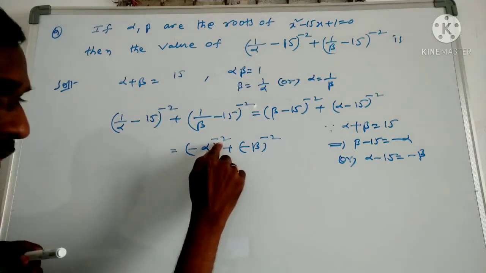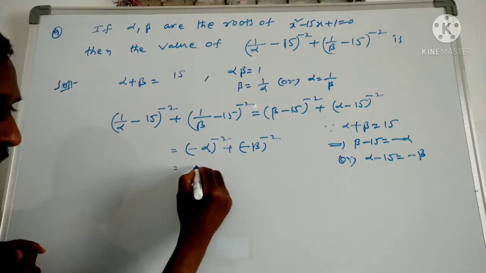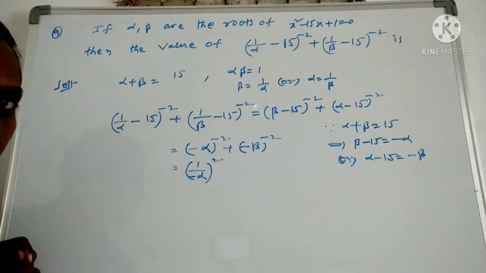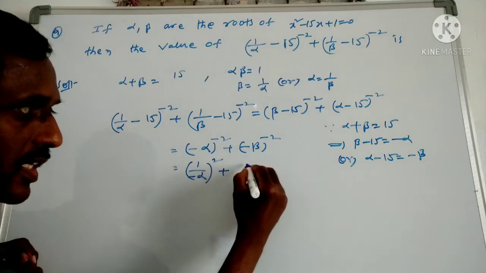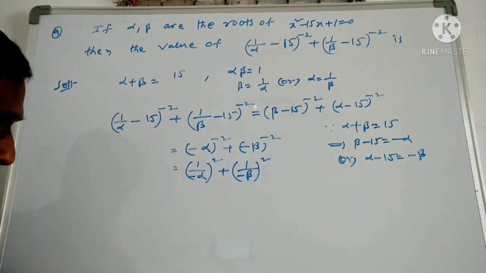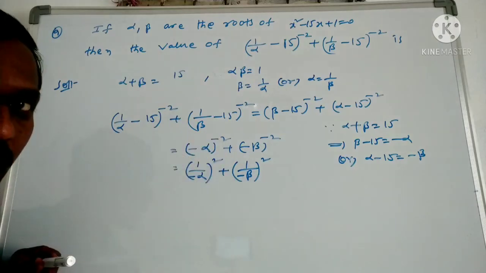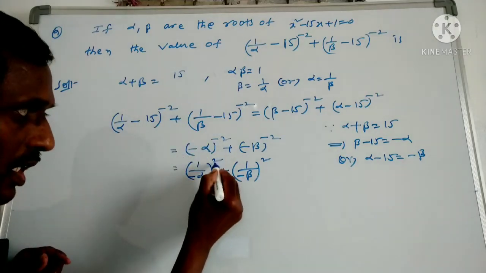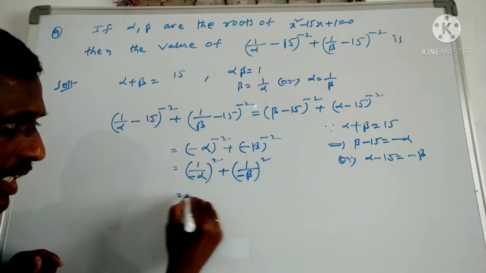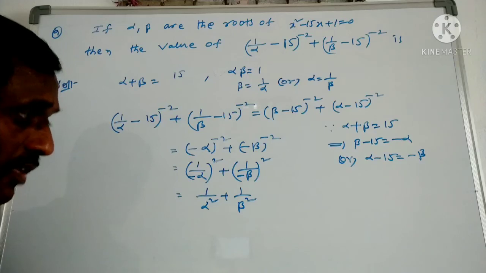So to make a positive power, you have to write this as a reciprocal. So this we can write as 1 by minus alpha to the power of plus 2. Similarly, this also we can write 1 by minus beta to the power 2. So whenever the power is negative, you write the reciprocal of this, then the power becomes positive. Now, here the power is even. Minus to an even power becomes plus sign only. Here also the same. So we can write it as 1 by alpha square plus 1 by beta square. We can write it now.